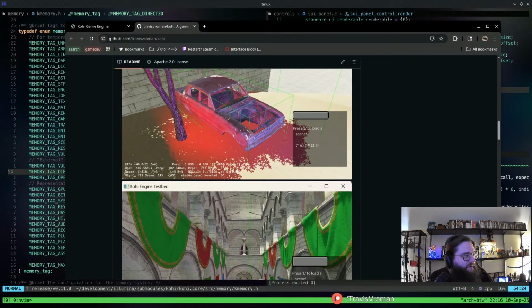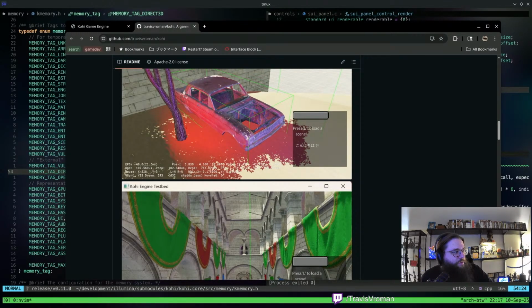Can you show us what you wrote for that Kohi material, Kohi texture system? What's the thought process, and how do you load them at runtime? Yeah, so we can go over that at some point. I think we're probably getting to the point now where maybe after this release, I might stop and do sort of an architecture review, or a, hey, this is where the engine's at, and we'll just kind of go through things. I think after this release might be a good time to do that.